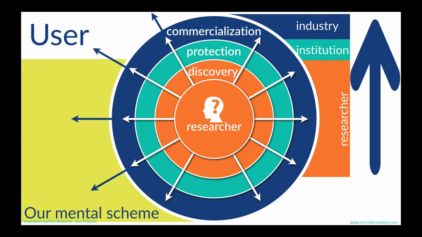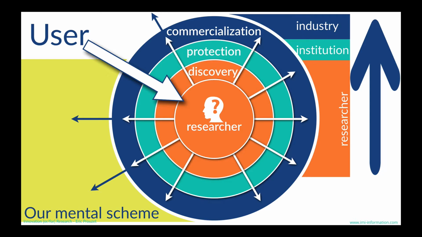And then when we have it, we get in touch with industry to ask the industry first to give money and secondly to commercialize our patent. And at the end of the food chain, at the bottom of the food chain, actually, we find the user. This scheme makes sense, but maybe the problem, the silly thing that we didn't notice, is that it goes from the researcher down to the user. Why shouldn't we take the opposite and start from the user and go up to the researcher?